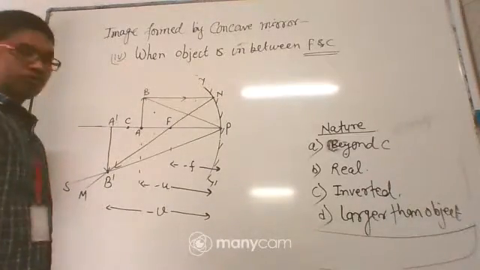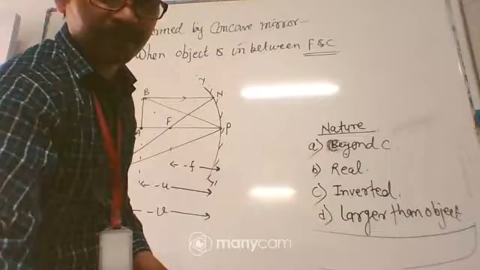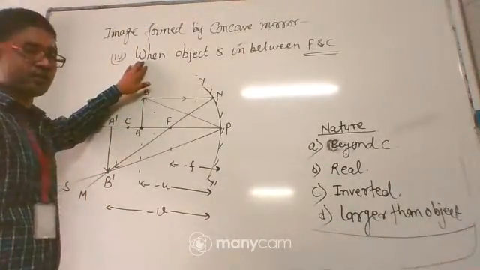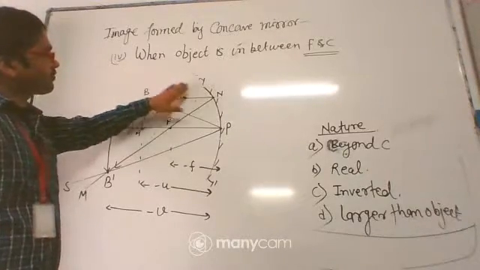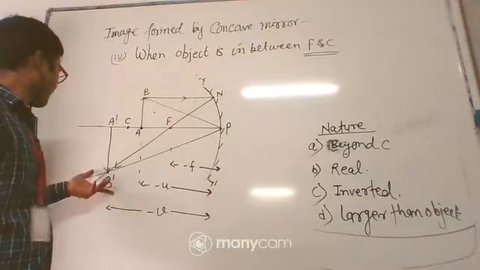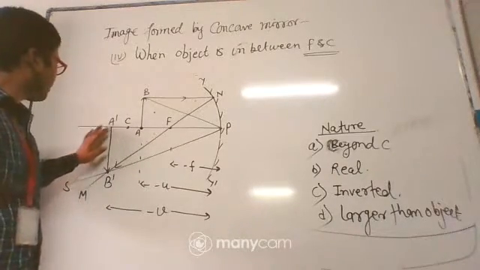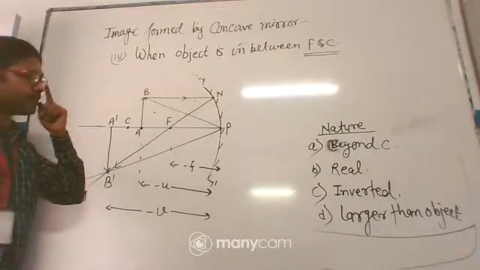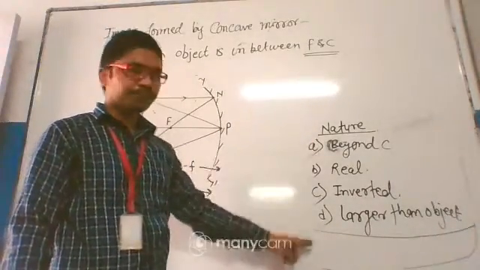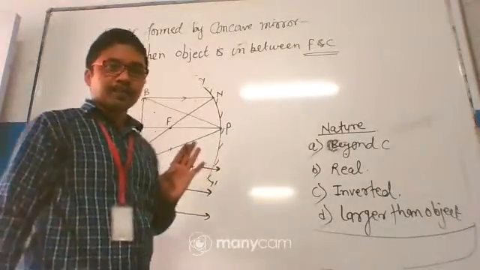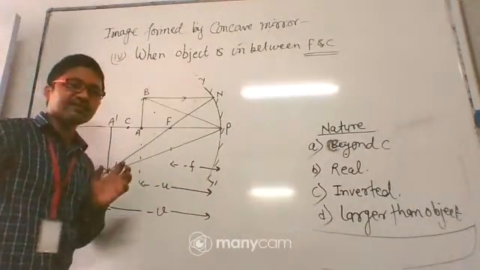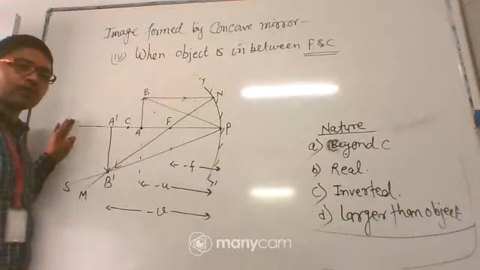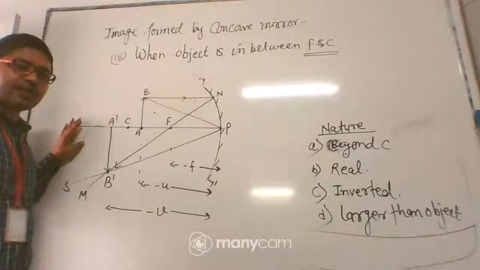Actually this was the fourth case of image formed by the concave mirror. You can see here the final image A dash B dash formed beyond C, and the nature of this image is written here. You should note it down in your copy. These are very interesting cases. You can see the image is clearly visible to you all, and you can draw the ray diagram. If there is any doubt, you can discuss with us.